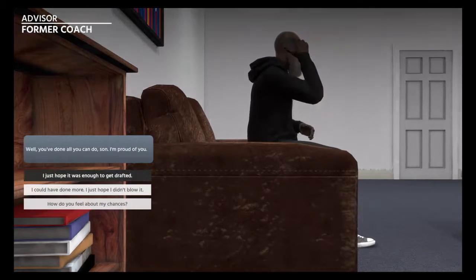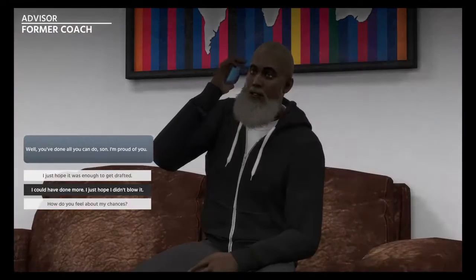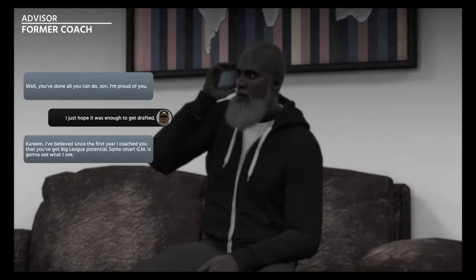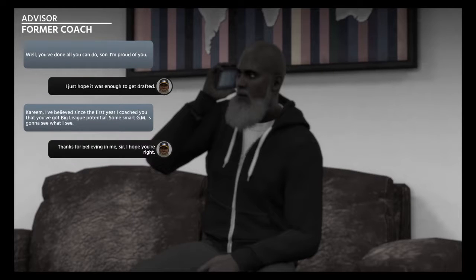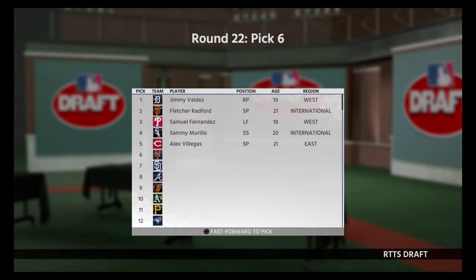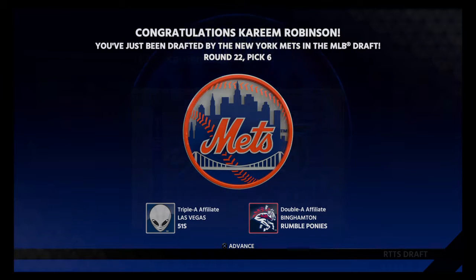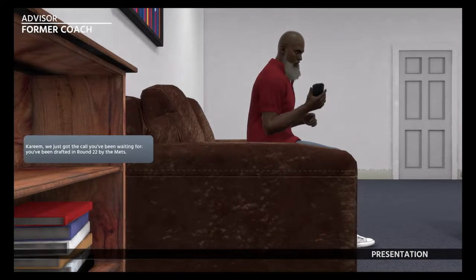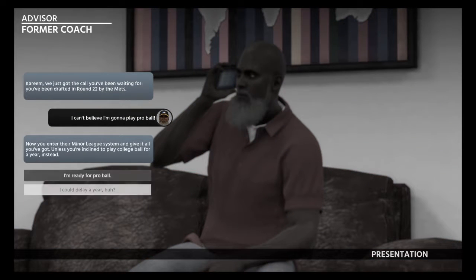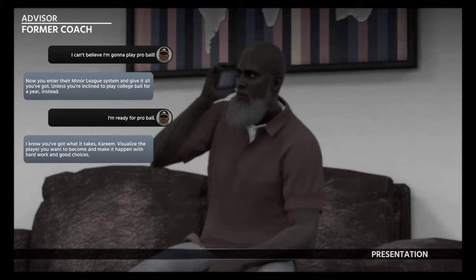With nothing left to do but await his fate, this young hopeful receives a check-in from his former high school coach, who's been acting as his advisor through the process. Welcome back to the Major League. With the 6th pick, the New York Mets select Kareem Robinson, a left fielder from the Central Region. After a long and lonely first 2 days of the MLB draft, this player's wait is finally over. While being selected is a major milestone, new draftee